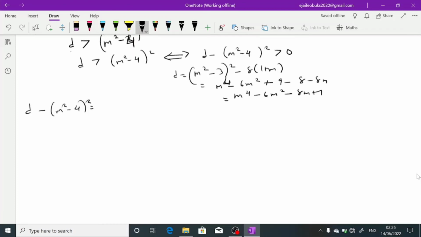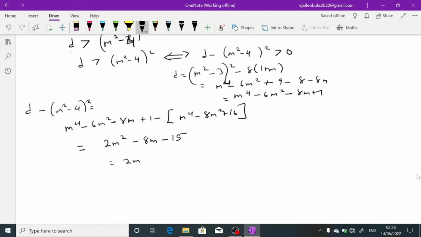This is m to the 4 minus 6m squared minus 8m plus 1, minus, expand, m to the 4 minus 8m squared plus 16. Subtraction should give you something like 2m squared minus 8m minus 15, which is 2m